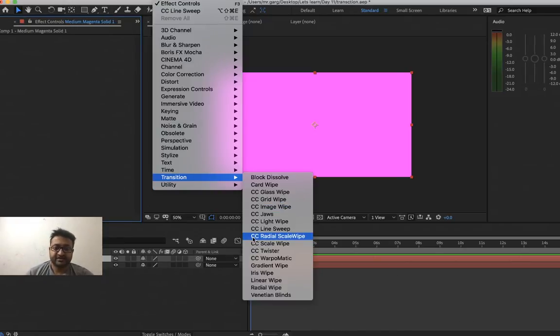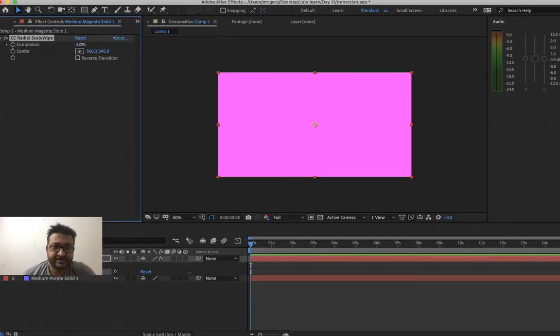So next comes the radial scale wipe. So radial scale wipe. So this is what it does. You can change the center and it will move accordingly. So let's play with the center and the completion. Let's create the key and let's go to second frame and let's increase the transaction. Plus